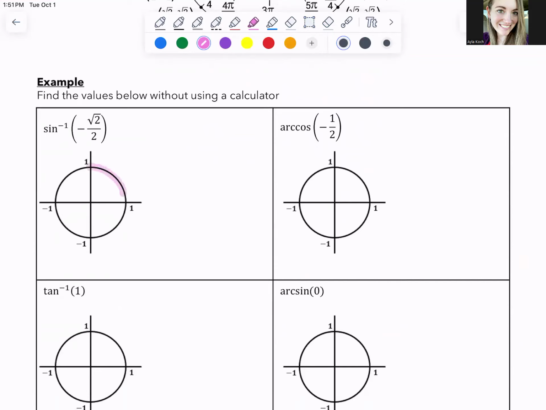For sine, our range is from -pi/2 to pi/2. Those are the possible angles it can output. And I want to physically write down here what this is asking exactly. So this thing outputs an angle, right? It's going to output some angle theta. So it's asking what angle theta between -pi/2 and pi/2